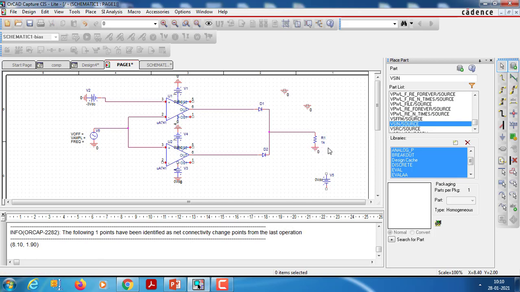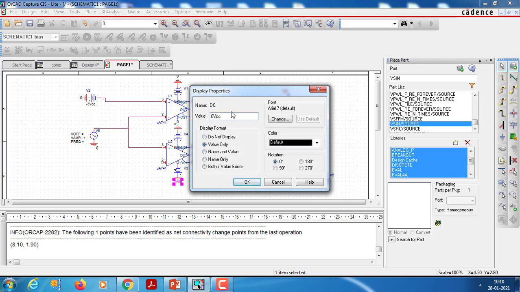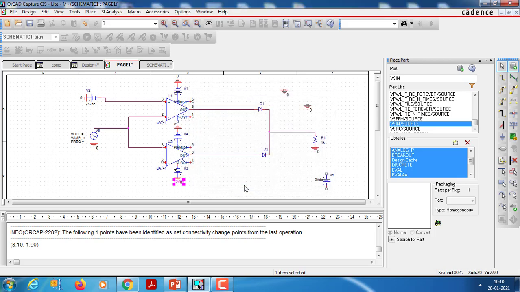The resistor value is 1K. Even here the voltages we need to give 12 volts. So here also 12 volts.